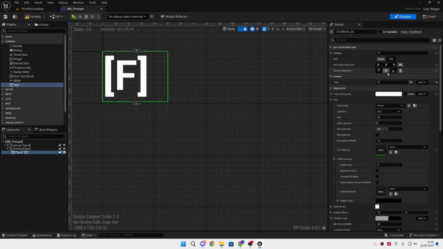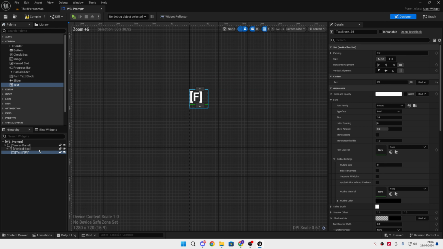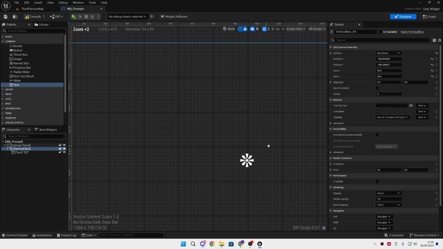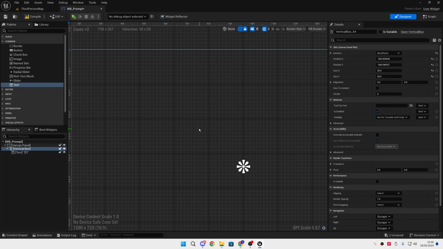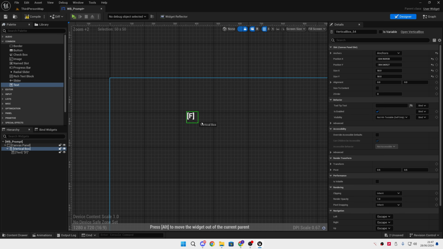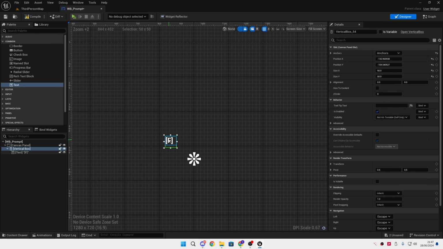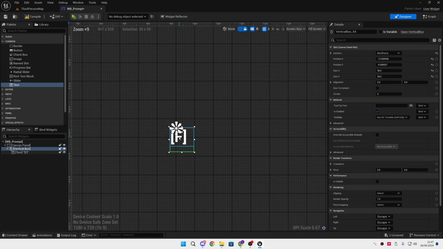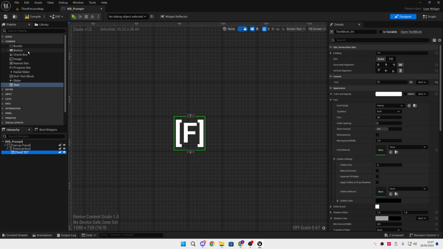Next thing you want to do is go over to the vertical box, and we're just going to anchor it to the center. And I'm just going to drag the F key over into the center of the screen. Just somewhere like that. It doesn't really matter too much. Now what I want to do, I want to add a horizontal box